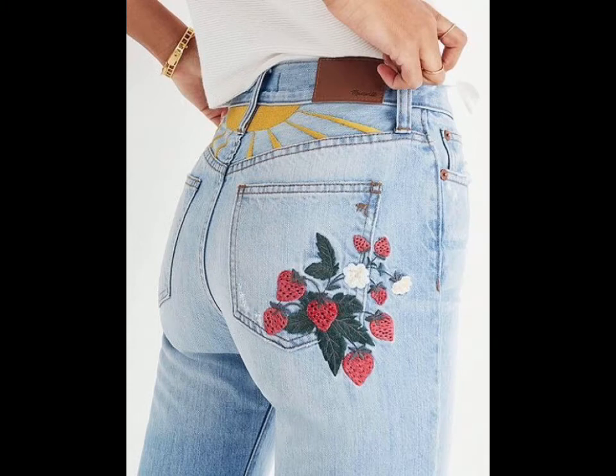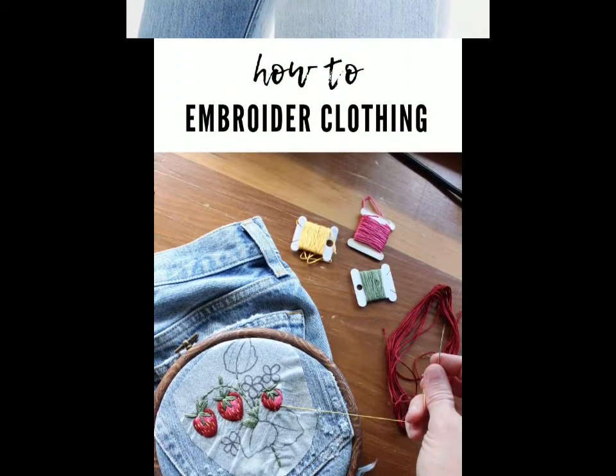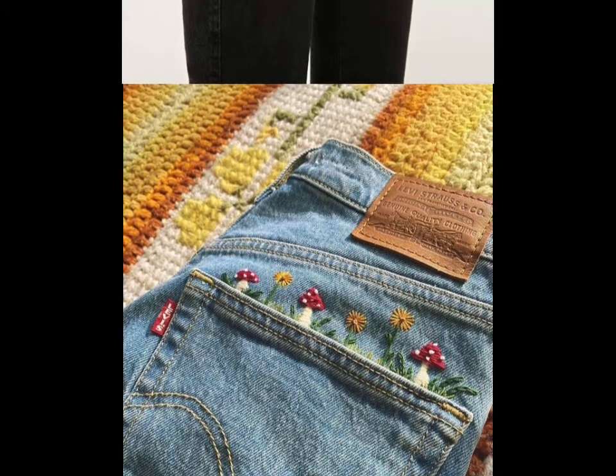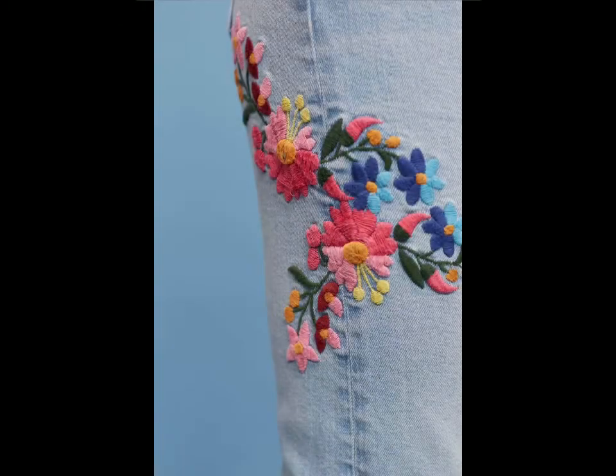So now let's move back towards our design ideas. Yes friends, we were talking about the denim embroidery patterns. Friends, all you need is only three things, that is embroidery needle, embroidery frame and an embroidery thread. Then only three prerequisites are required, then you can begin